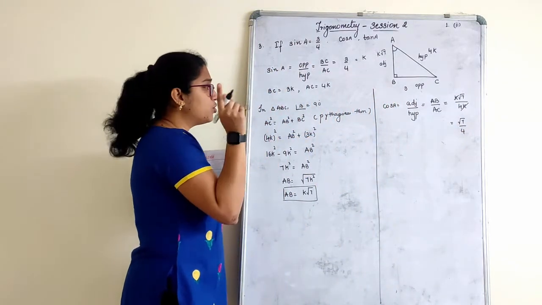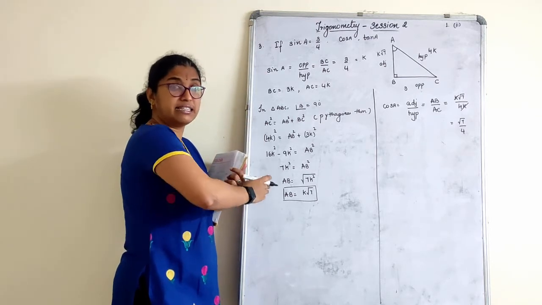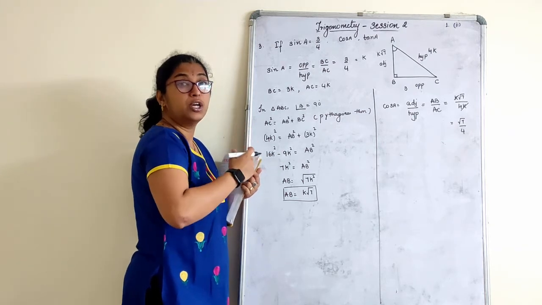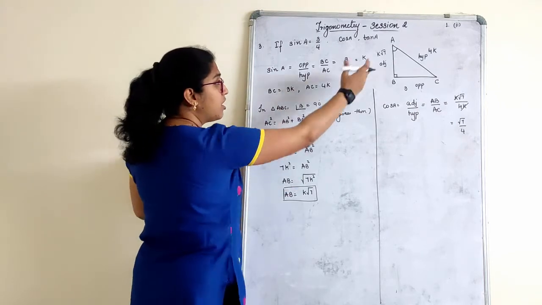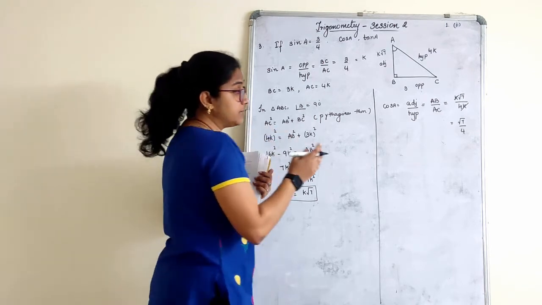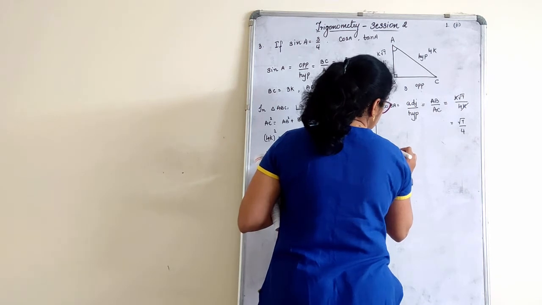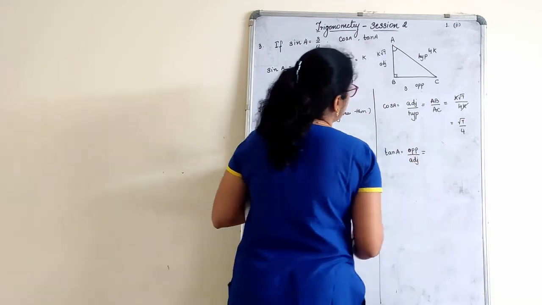Answer will be same. So only for this one sum, children, I am using the value of K to show you that it can also be done like this. Textbook examples are also in terms of K. Most of the books give you in terms of K. Sometimes they also just solve it without using the value of K, and both are equally correct. Next, what have they asked? Tan A. Tan A is opposite upon adjacent. What is your opposite?